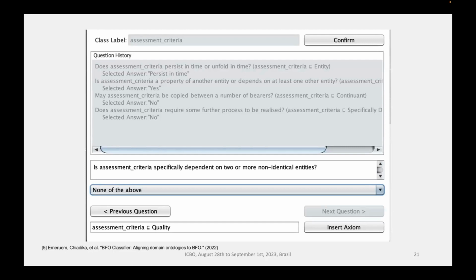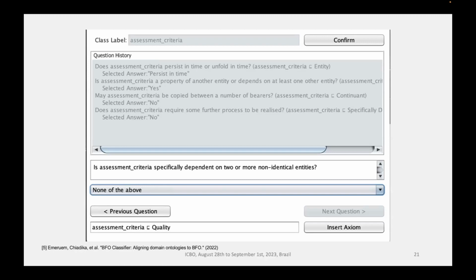To help us in the mapping process, we are using a tool developed recently, the Basic Formal Classifier, aligning domain ontology to the BFO. This tool employs a question answering approach based on the branches of the basic formal ontology.